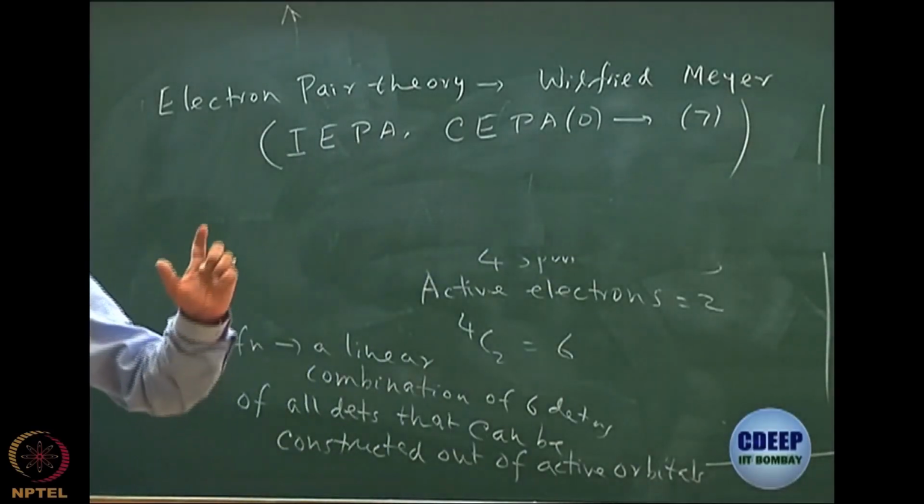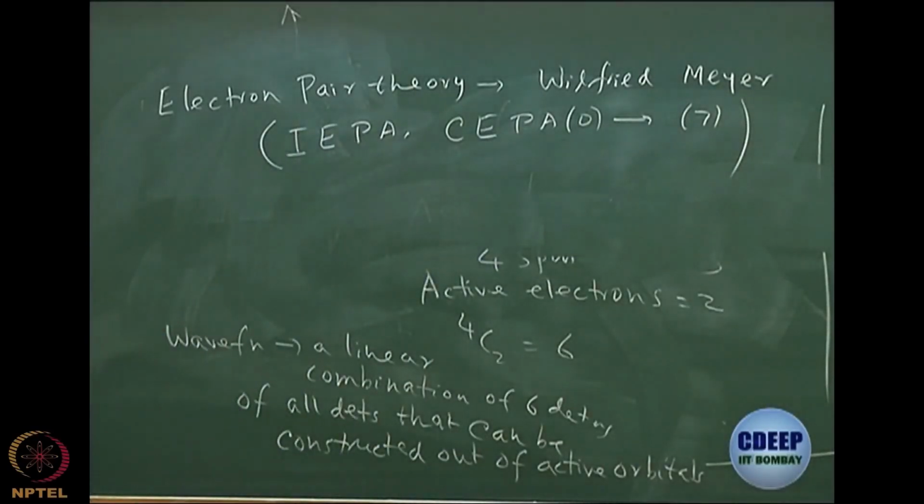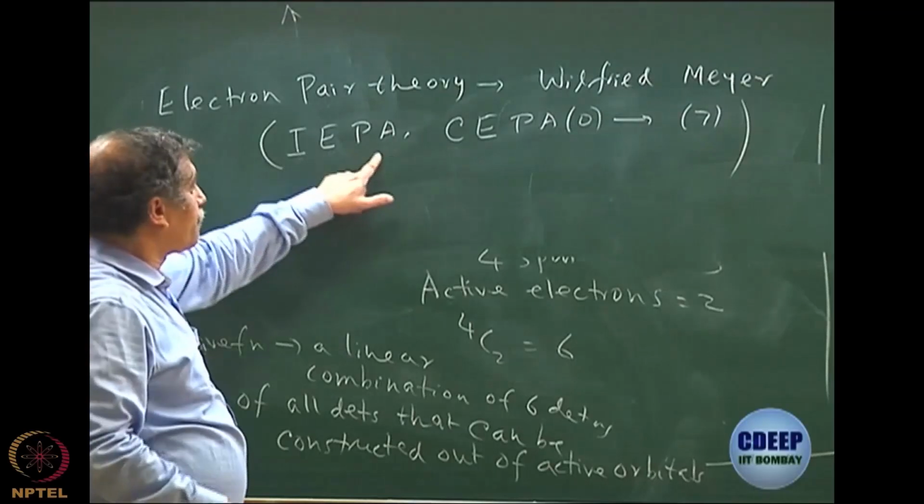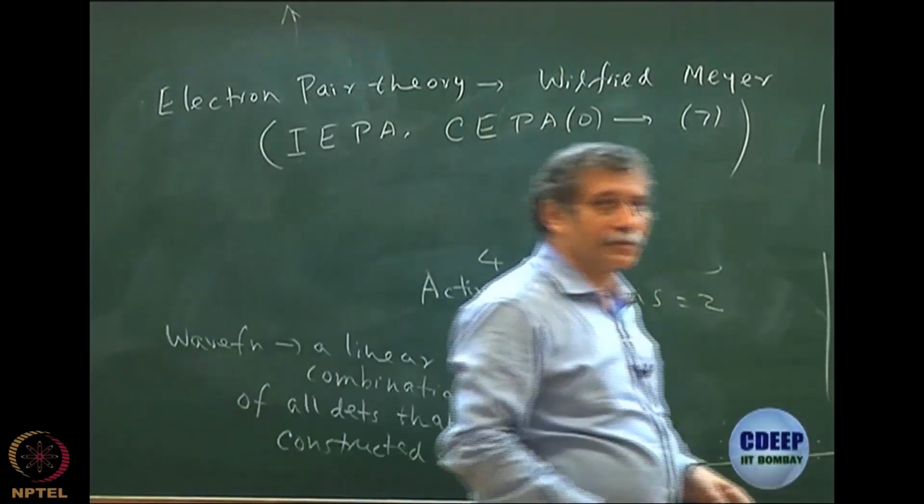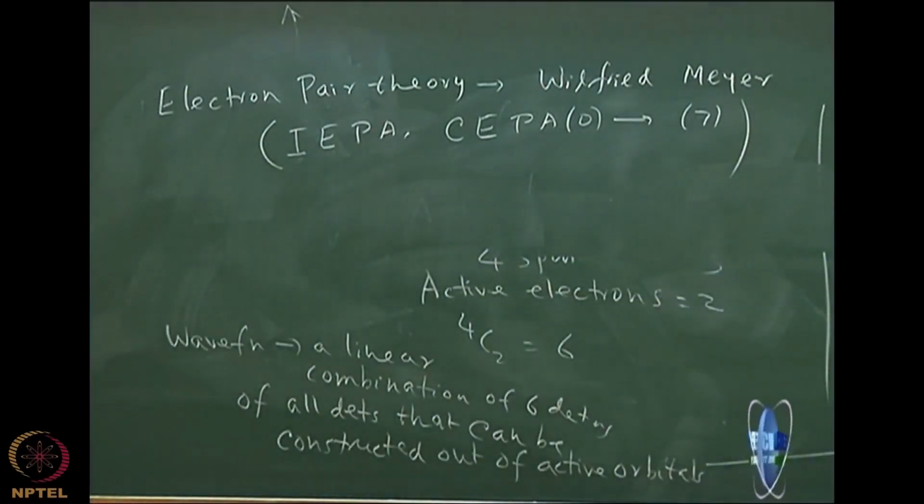There are so many small modifications. This is called independent electron pair approximation, coupled electron pair approximation. So, take electron pairs, and how do you couple them, the way you couple, but today the electron pair theory is almost extinct. Most people don't do it,